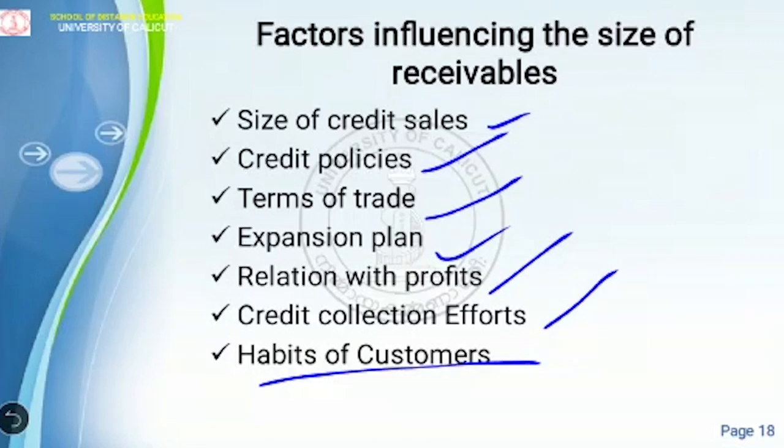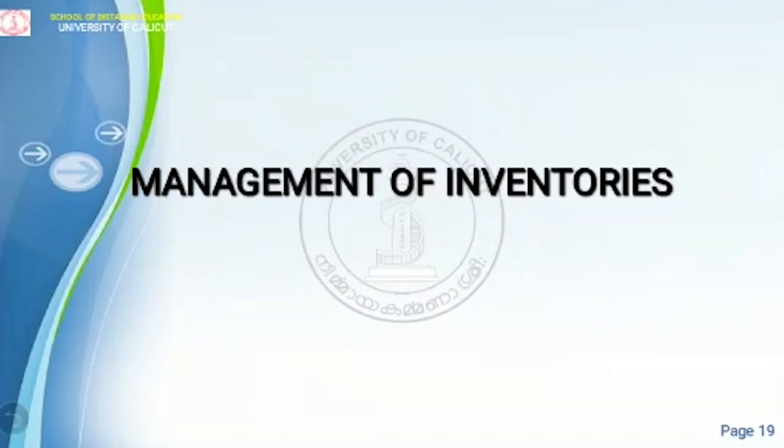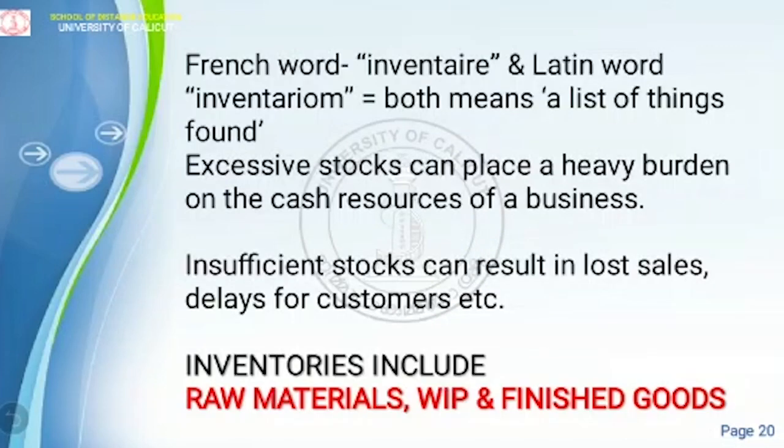The receivables are created as a result of credit sales. This is a short term asset. Receivable management is a process of making decisions relating to the investment in trade debtors. Which are the factors influencing the size of receivables? The size of credit sales: if we are ready to offer a lot of credit sales without any limit, that will influence the size. The credit policies of the organization, terms of trade, period of trade,